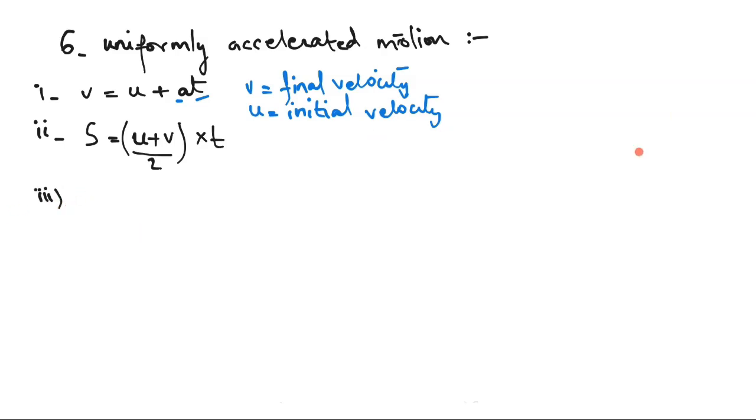Number 3 is s equals u into t plus half at square. And number 4 is,